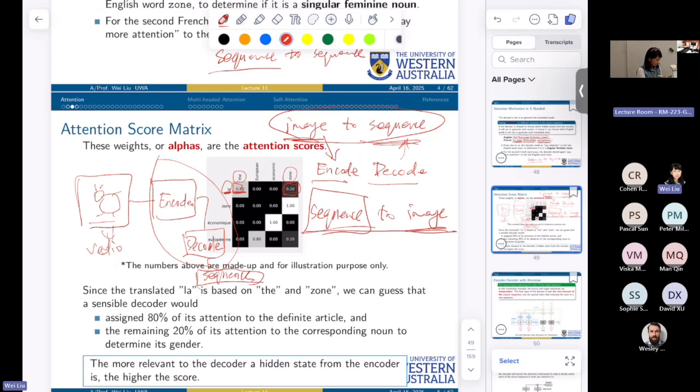generate sentences or descriptions and audio, etc. So this is the generative AI, which is leveraging an encoder-decoder model. And